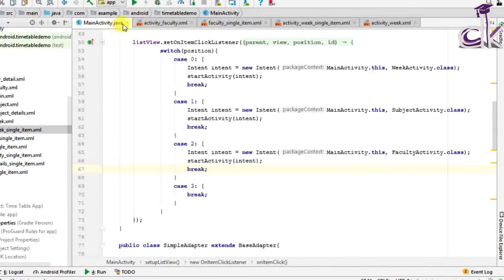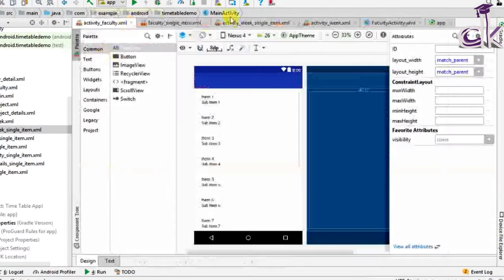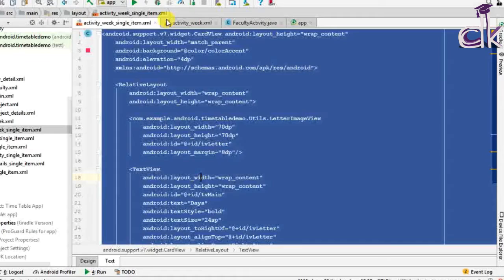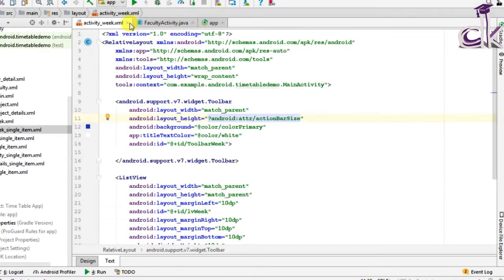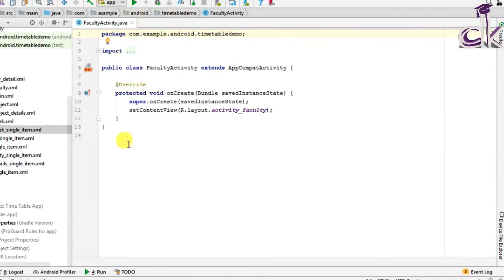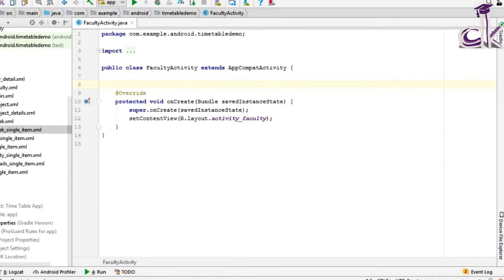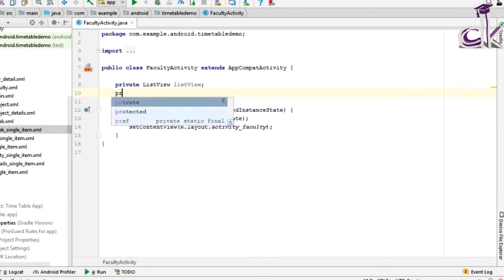So now we can go ahead and close main activity.java, and you can go ahead and close the layouts as well. Okay, so we'll close the Gradle file. Okay, so under faculty activity.java, you'll need to define the elements that you just added. So firstly we have added the list view, right? So the list view, and in case it's not imported, you can just import the package by clicking on Alt Enter, and after that we have